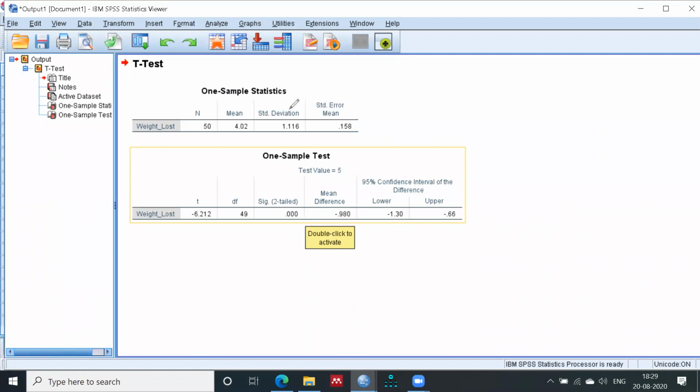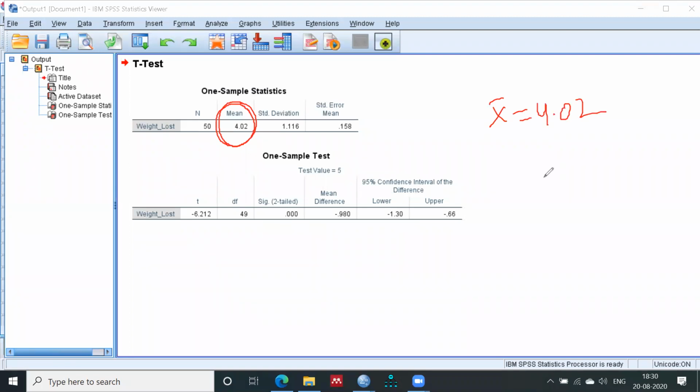Now, in this situation, this is my sample mean. My sample mean is 4.02. My population mean is 5, as I told you.